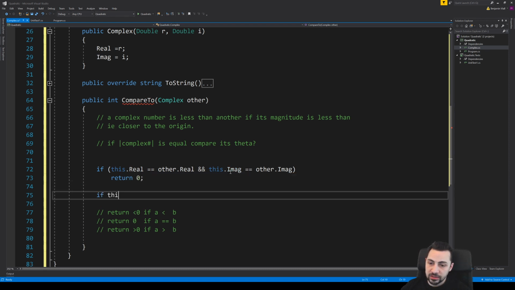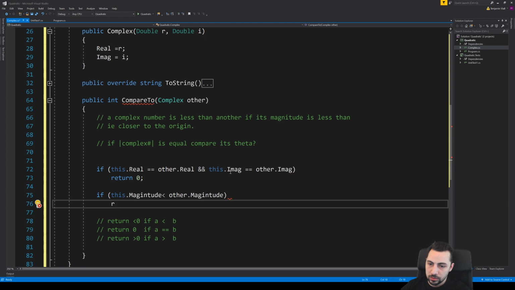If this.magnitude is less than other.magnitude, actually, do this, return